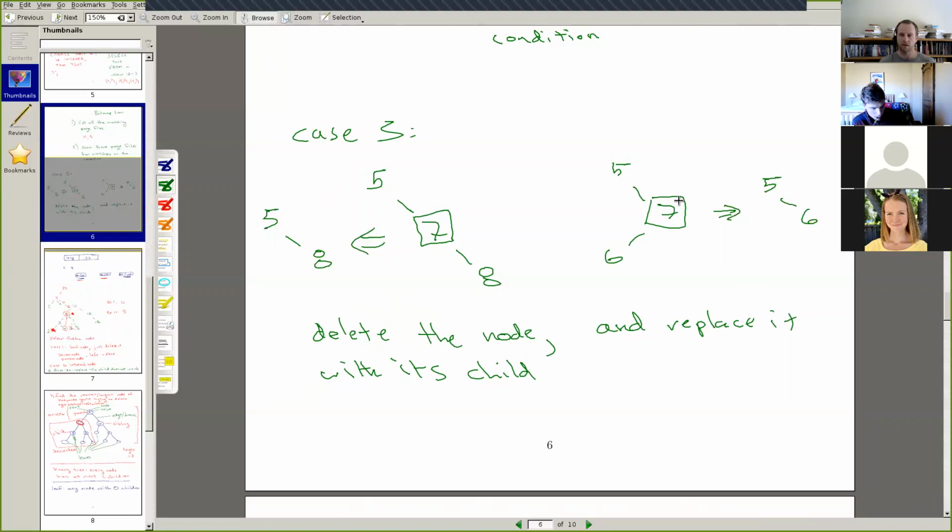So what we're going to do next is take a look at some code and how to do this.